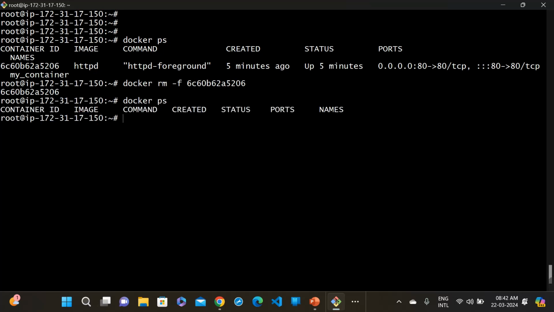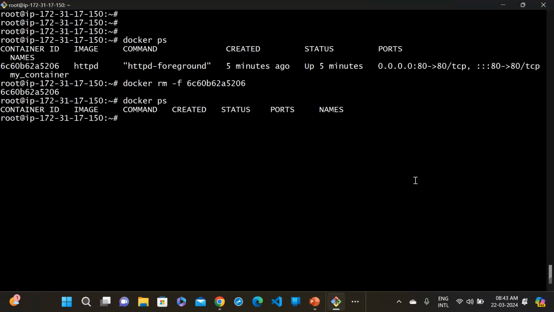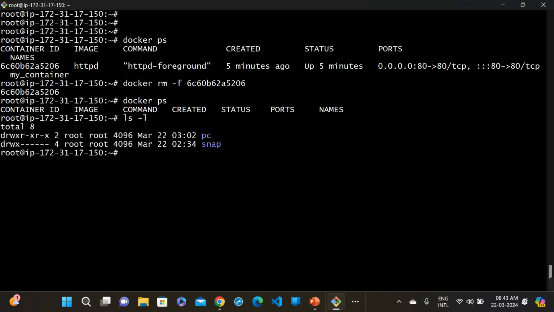So let's go to this and copy these things. Just take the format. If I do ls -l, press enter, you can see the pc directory is there. If I go inside it,